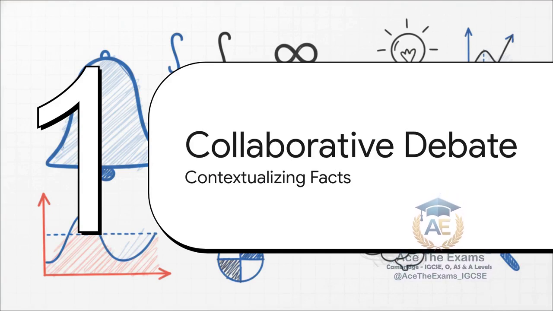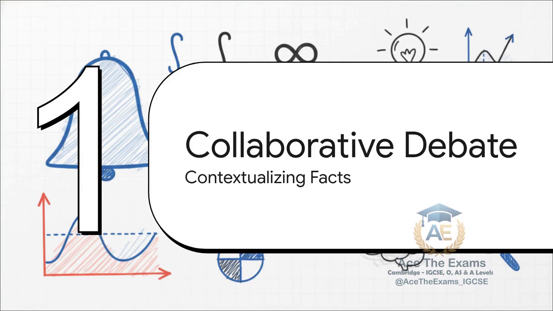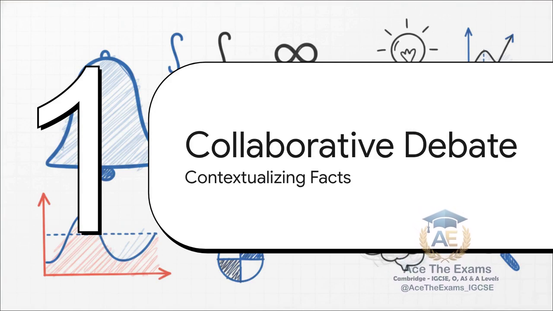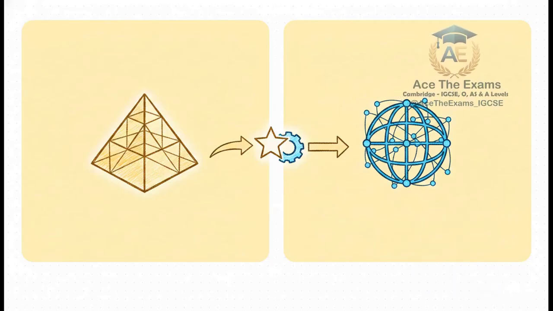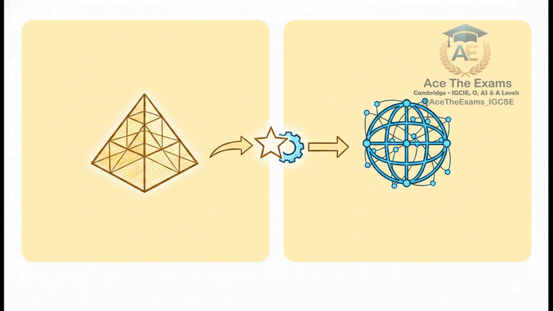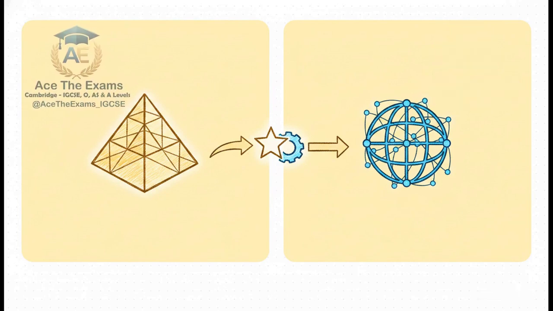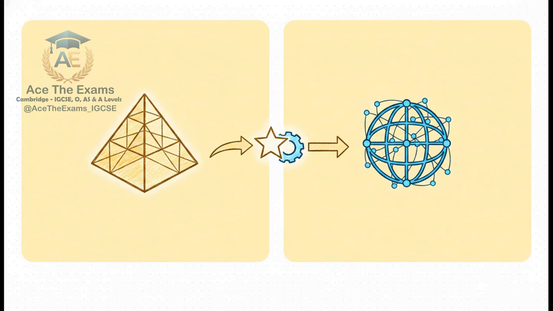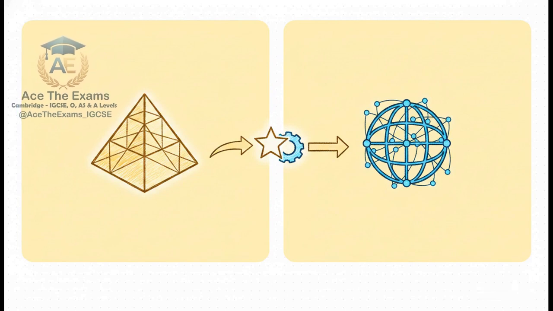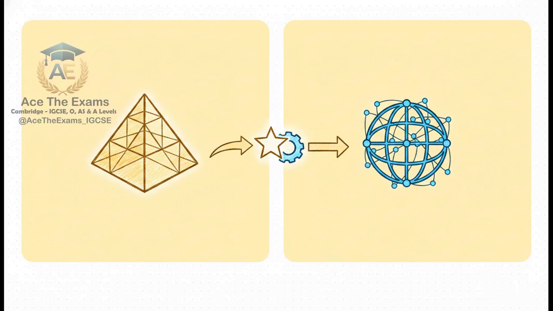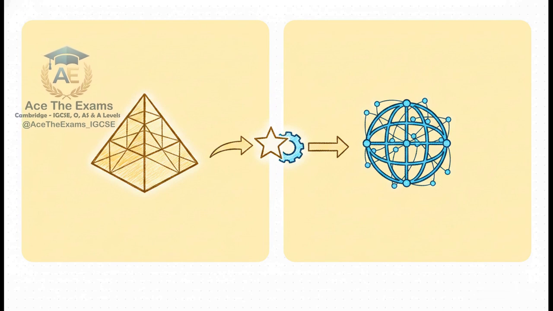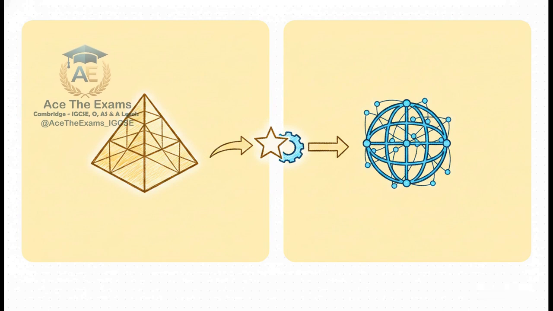Moving smoothly into Phase 2, the collaborative debate. This is where we bridge the gap between raw mathematical facts and real-world context. This is where the real magic of intellectual synthesis happens. I want to introduce Scholar Sam into our space to collaborate with Alex. We have two very different minds here. On one side, we have Alex's approach. As we know, it's highly precise, bursting with logical reasoning, and heavy on unshakable mathematical facts.